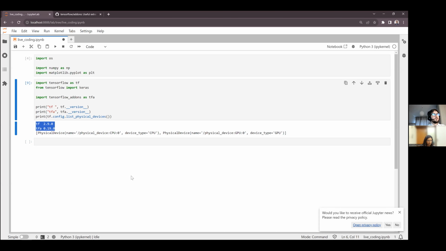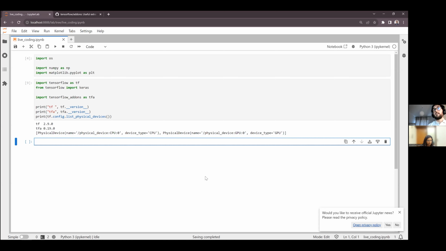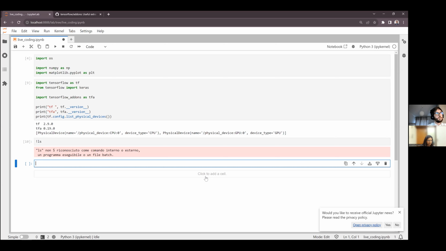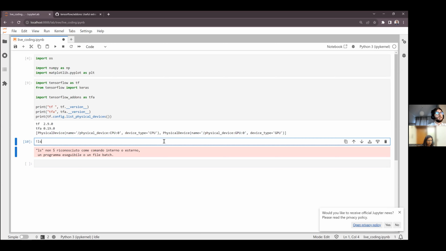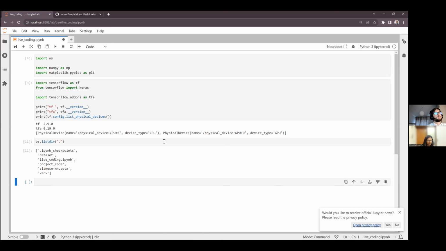Okay, now we can start to try to load the dataset. Simply put, I will look how I can get the training dataset. No, I'm not using that, I'm on Windows. So, okay, I take the dataset.